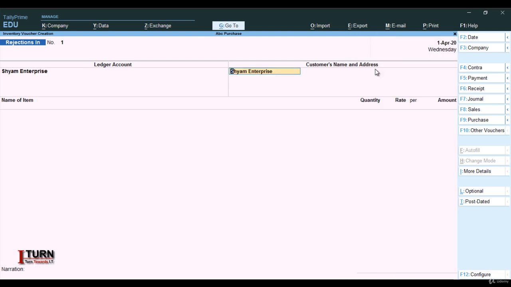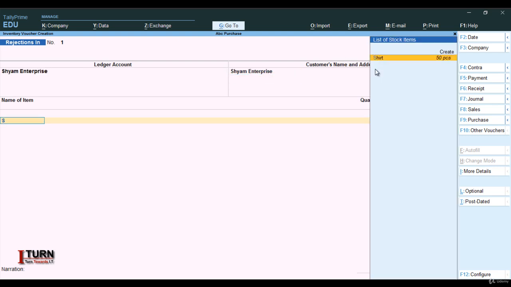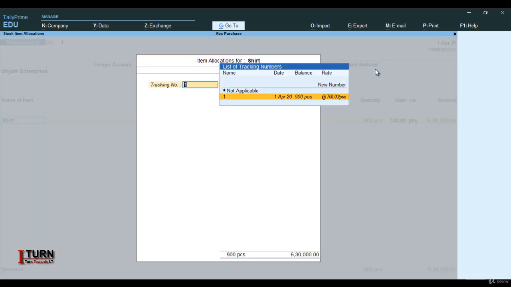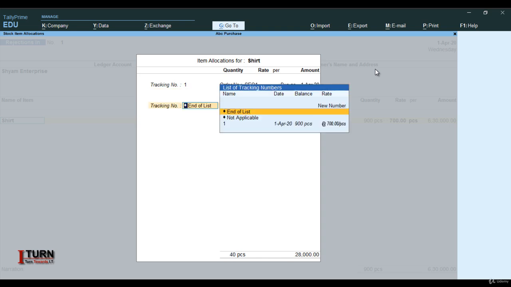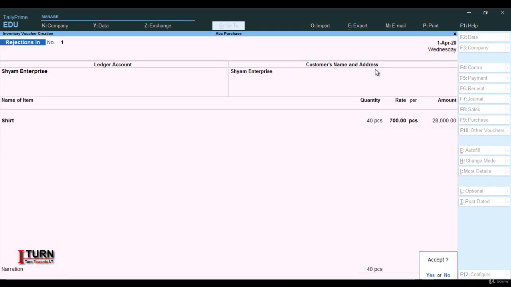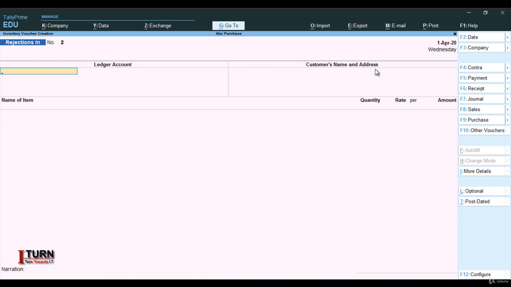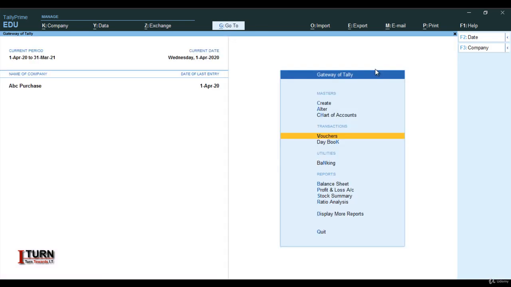Select this. Now here it's asking for the item was shirt, so I am selecting shirt. Okay, it is coming. Now out of 900 pieces, how much of shirt pieces has been rejected? So let's say 40 pieces has been rejected, so I am tapping 40. Go ahead and save it. Okay, so 40 pieces of shirt has been rejected out of 900, so 860 pieces of shirt bills need